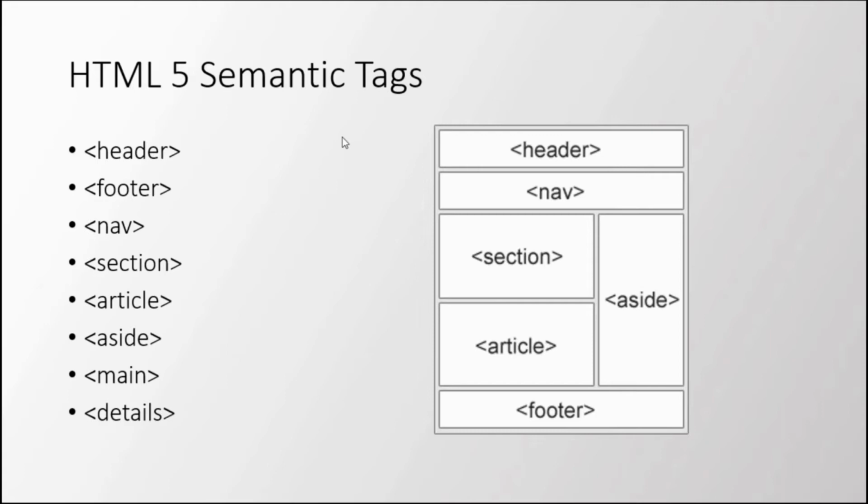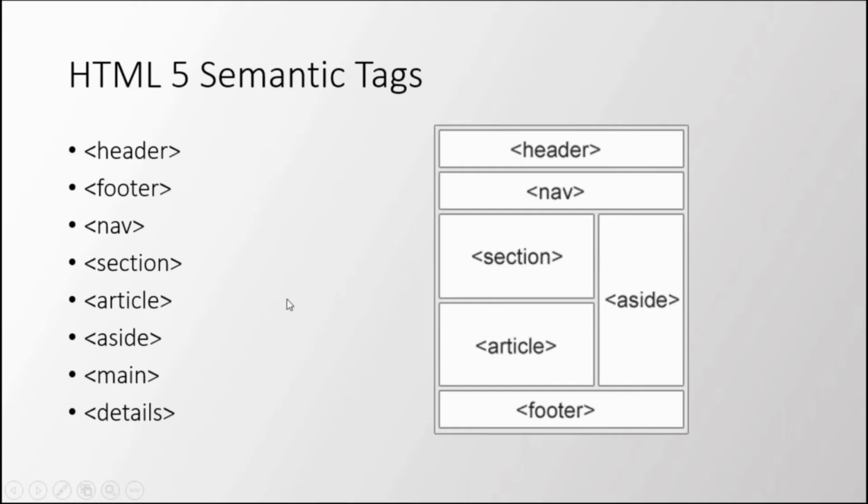The semantic tag doesn't do much. I'm not going into details. What you can do is they just add meaning to your web page. They don't offer any functionality. They just add meaning. That's it. For example, if you want to create a navigation bar, you can use nav. If you want to place header elements, you can place it inside header, which adds semantics to your web page. That's it. They don't offer any functionality. Instead of header, nav, section, aside, article, footer, instead of any of these semantic tags, you can use a div.